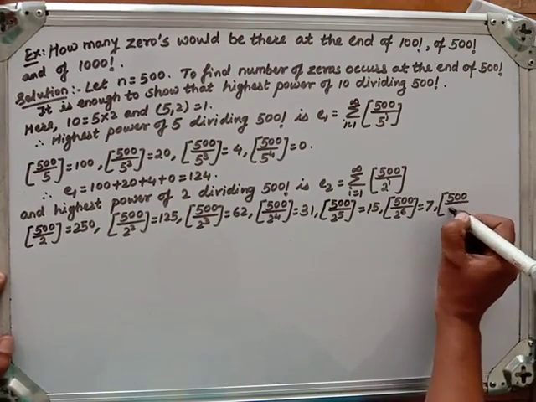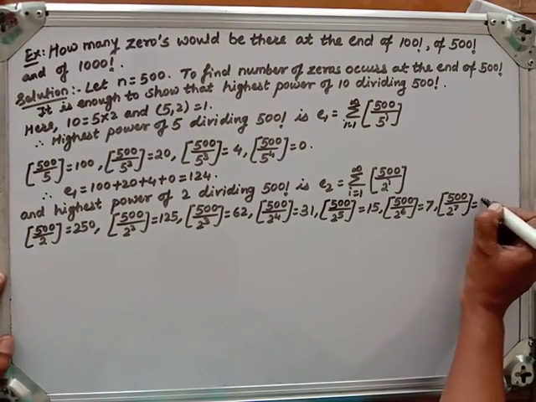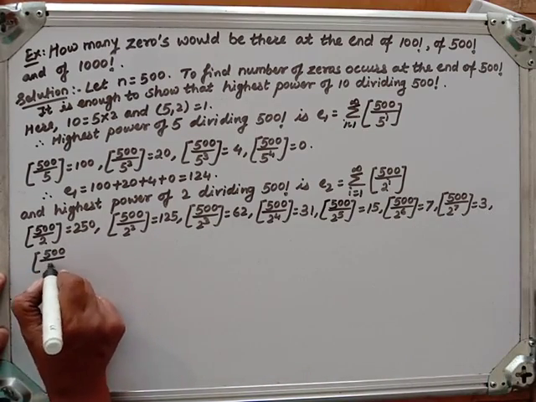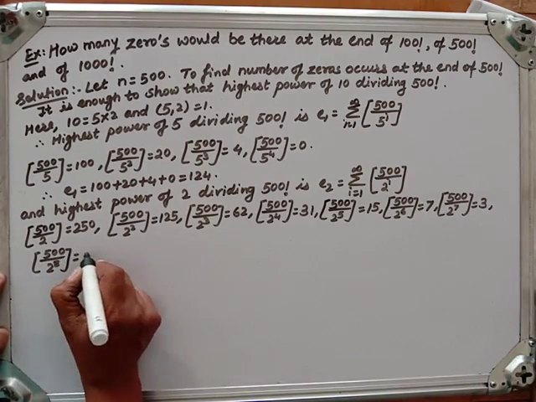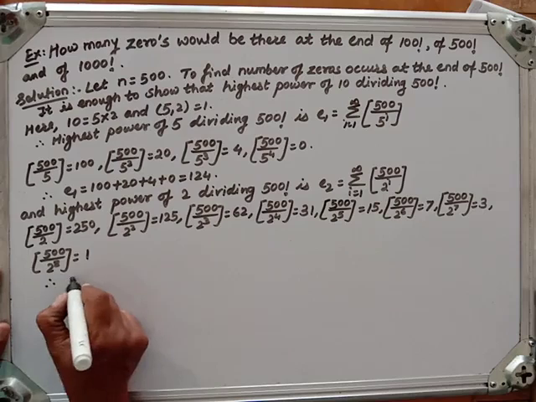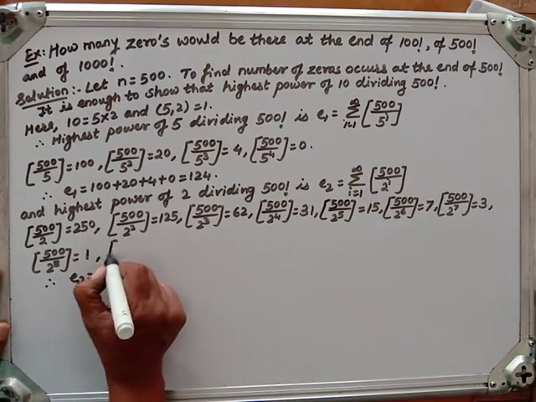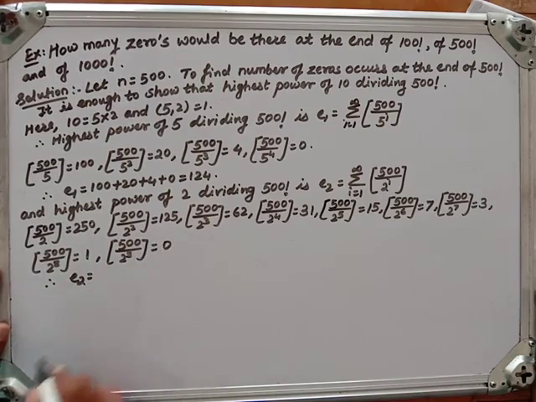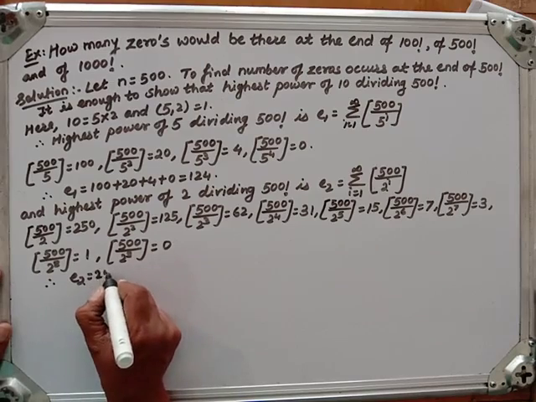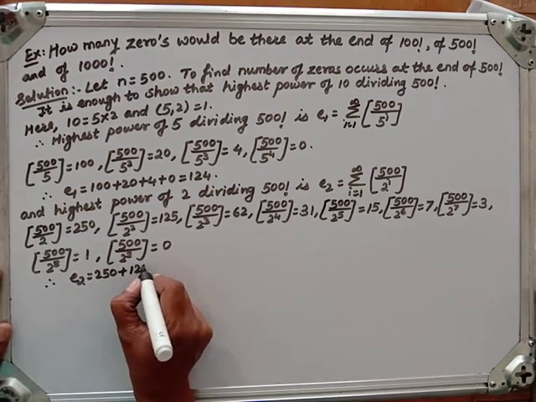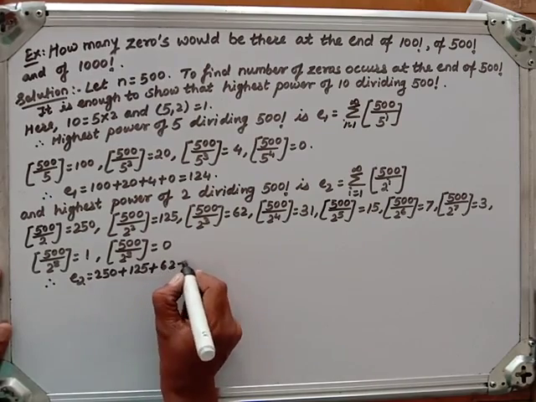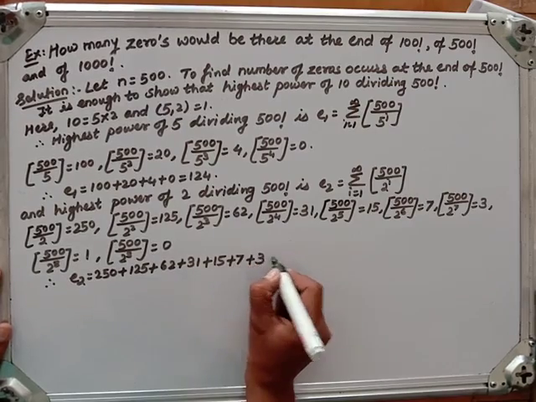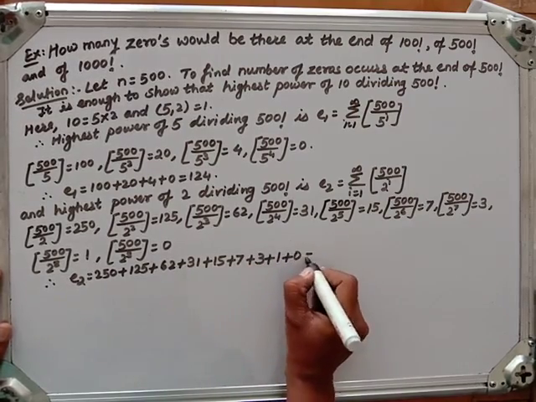500 upon 2 raised to 7, that will be 7 by 2, so 3. 500 upon 2 raised to 8, it will be 3 by 2, so 1. Therefore, E2 is equal to, next one obviously 0, for all are 0, that's why we will stop here. So E2 will be 250 plus 125 plus 62 plus 31 plus 15 plus 7 plus 3 plus 1 plus 0, and that sum is